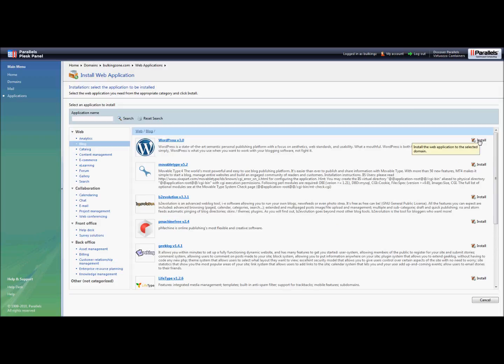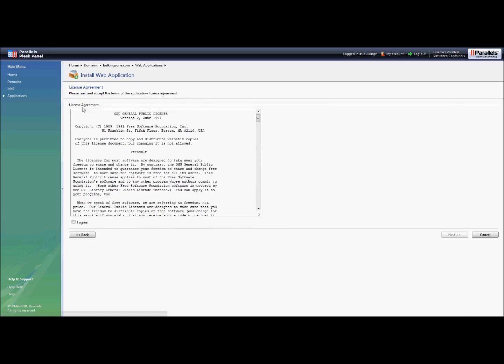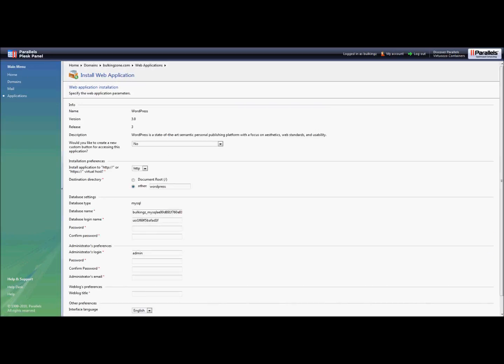We're going to click install at the WordPress blogging tool, which brings us to the license agreement, and you have to read the license agreement and check the checkbox I agree, if you agree. If you don't agree, then find some other blogging tool to install. Then you click next, which brings us to the page with all the preferences for the